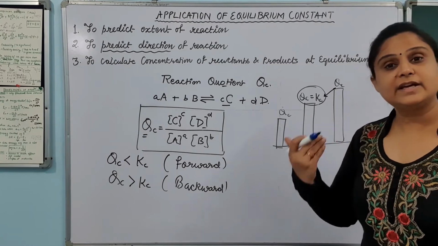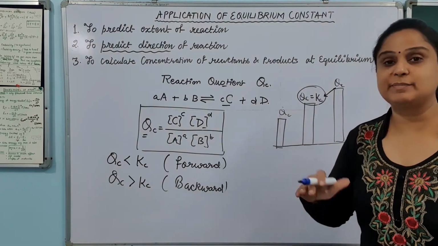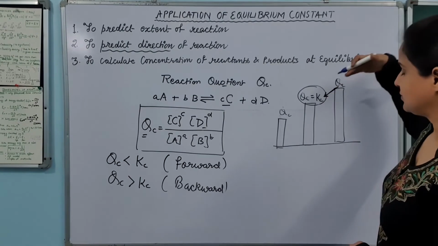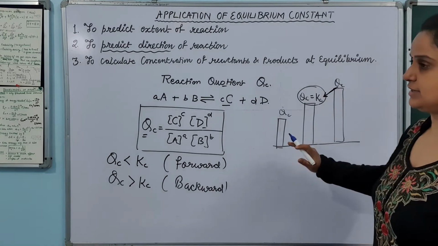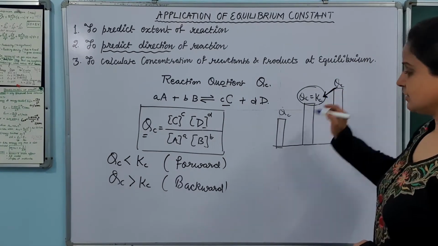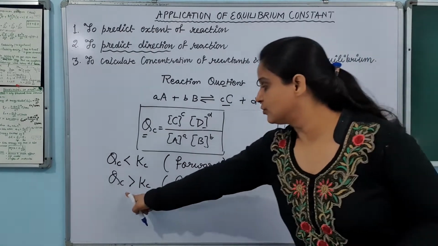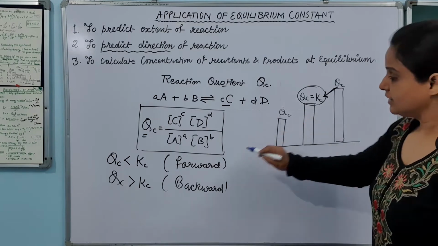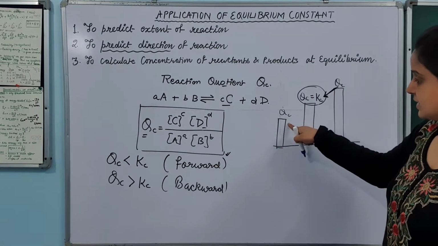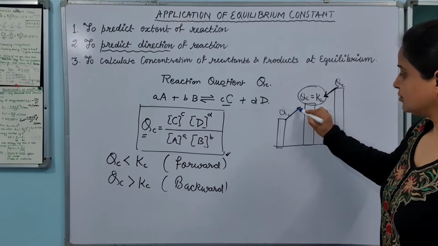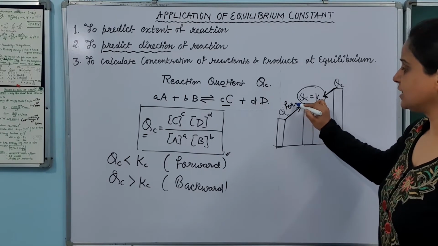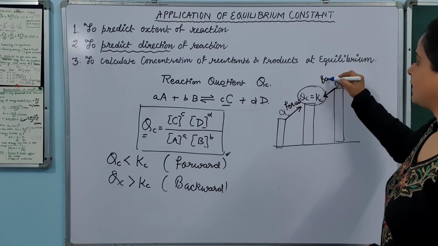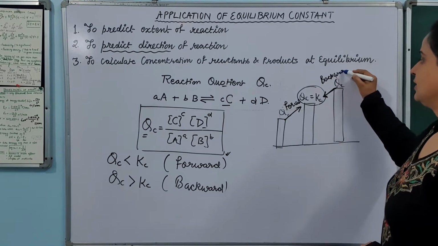Why? Every reaction wants to go to the equilibrium, the balanced state. So if your Qc is more, the reaction is going back. I am indicating it this way, meaning it is going backward. So the reaction is going in the backward direction. So look at this. If your Qc is more than Kc, your reaction is going in the backward direction. Same way, look at this. If your Qc is less than Kc, then it is going in the forward direction. So this upside arrow is indicating forward direction and this downside arrow is indicating backward direction. I hope it is clear.